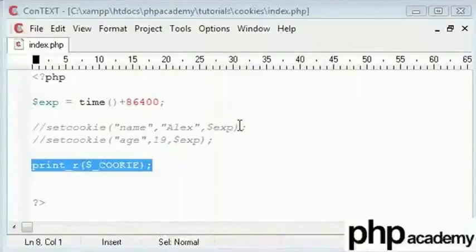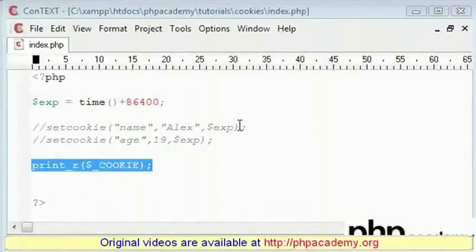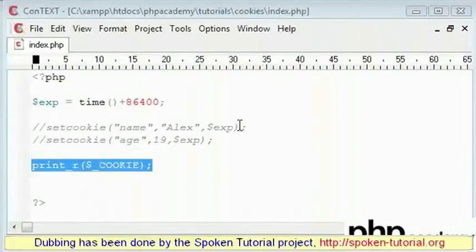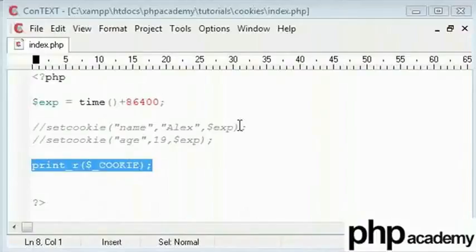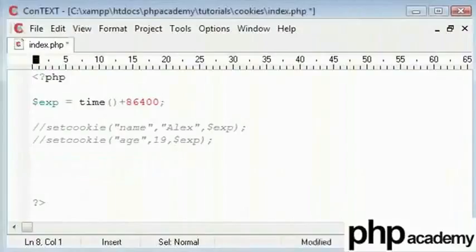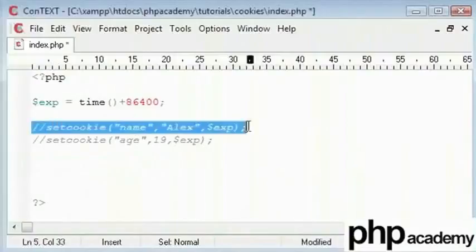Welcome back. Just to summarize, in the first part of the cookie tutorial, we learned how to create cookies, how to give an expiry date to the cookie, how to print out specific cookies using this command here, and how to print out every cookie that we had stored. So assuming that we have created these cookies, the next thing I'll do is use a specific cookie here that